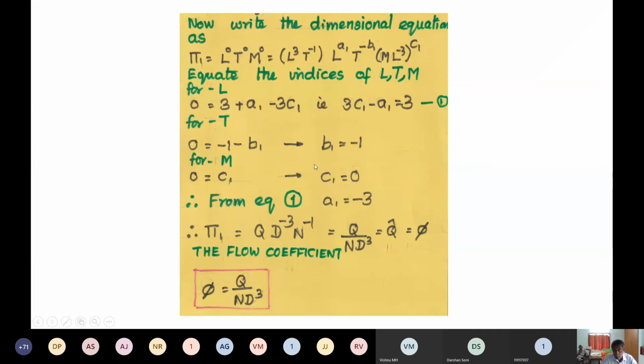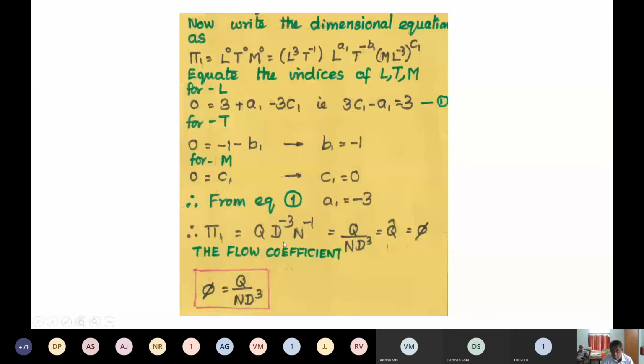So 0 is equal to C1. So that gives C1 equal to 0. Now, if I substitute the C value in the first equation, I get A1 equal to minus 3. Okay. So I'll be able to write the pi 1 term as Q into D power minus 3 into N